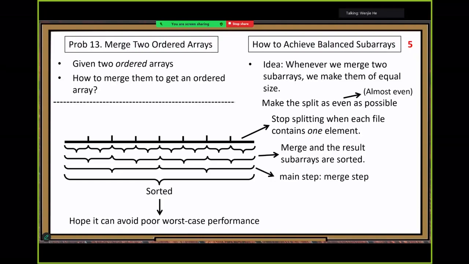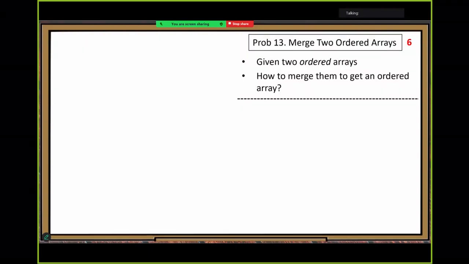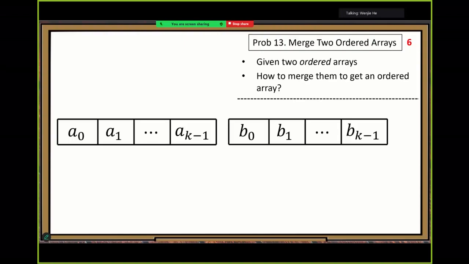Next, now we need to work on our main step, the merge step, the details. So let me use another diagram to consider the merging details. Merge details: a subarray A, a subarray B. Two subarrays. They are both ordered. Then, for the first comparison,